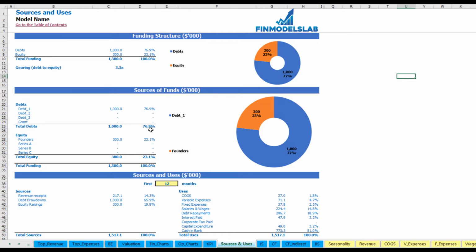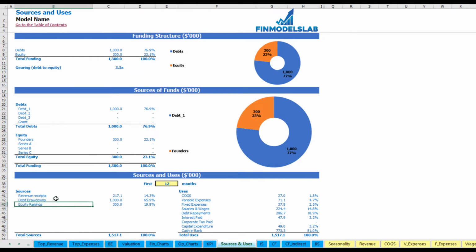The next report will show you the sources of funds broken down by different debts or grants, and equity broken down by funders, Series A, B, and C. Just a more detailed view of the funding structure on the top. And finally, below we may see the report, which is a very detailed view of sources of cash, which is revenue